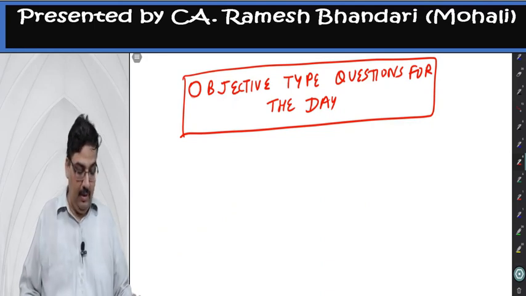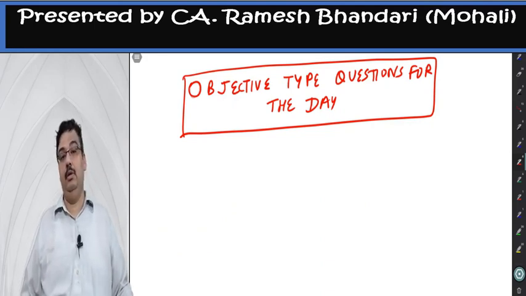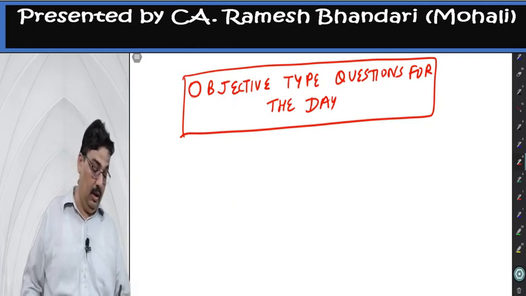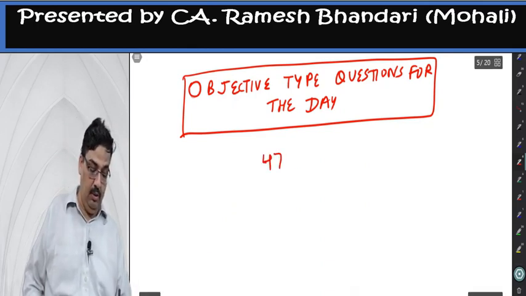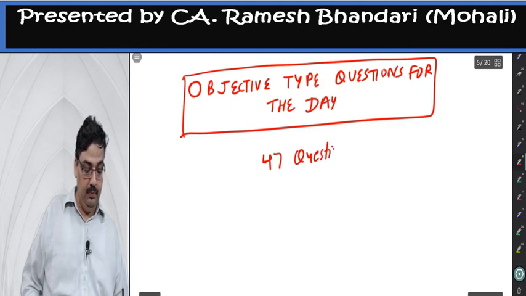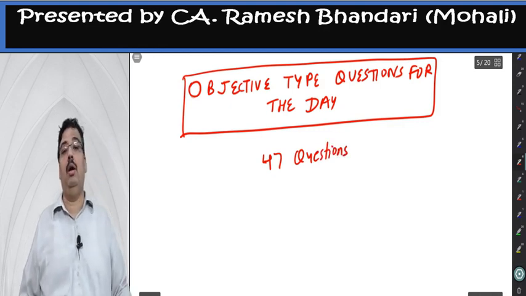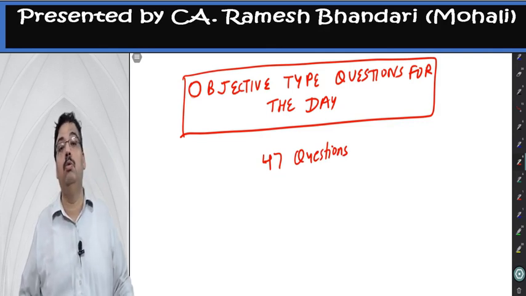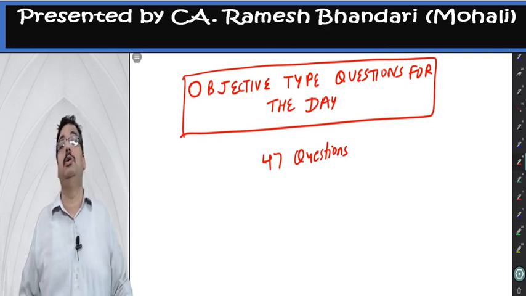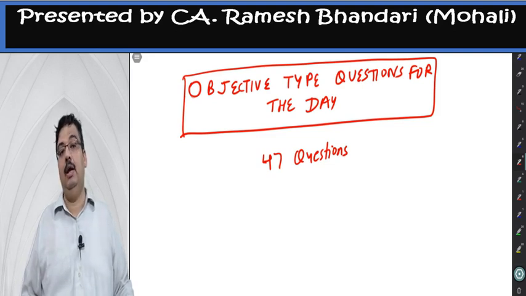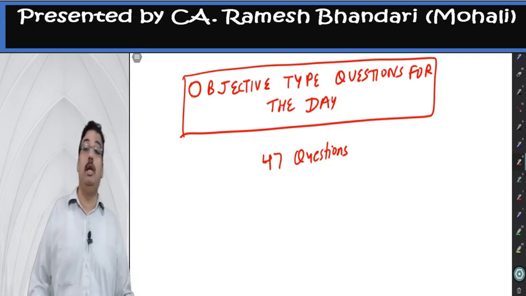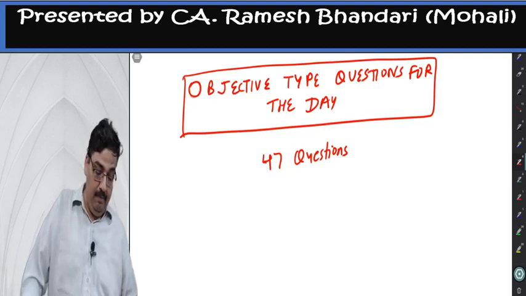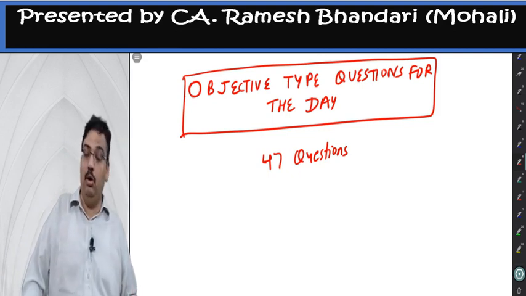So the last segment, objective type question for the day. I hope the time will not permit me to do it here. But again, there are around 47 questions that I'll be posting for you. And believe me, they are not as simple as yesterday's questions. They will have something to worry about, some things to calculate, and surely there can be multiple opinions. I'll take problems offline again and you'll get some better questions in this. So we'll continue with more tomorrow.